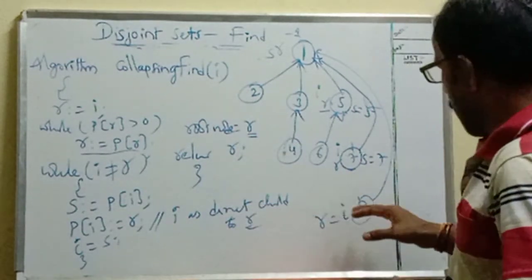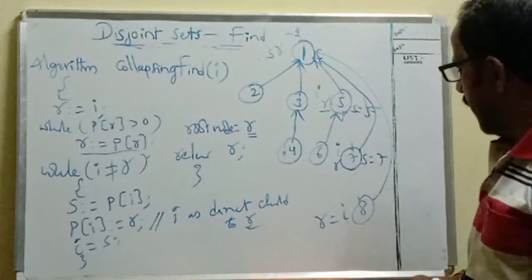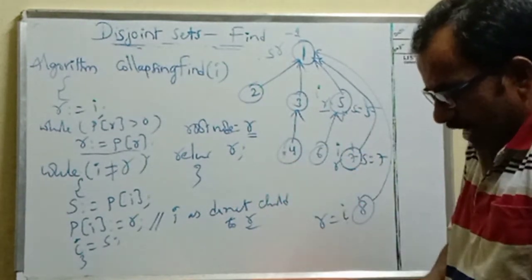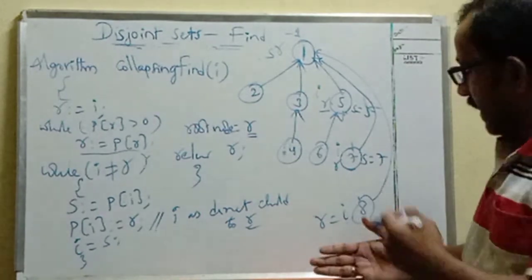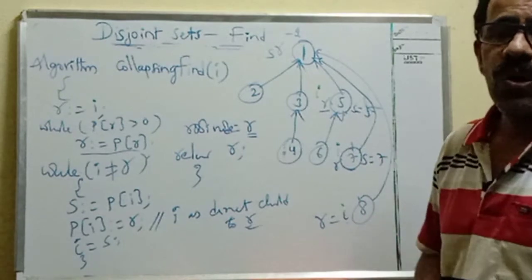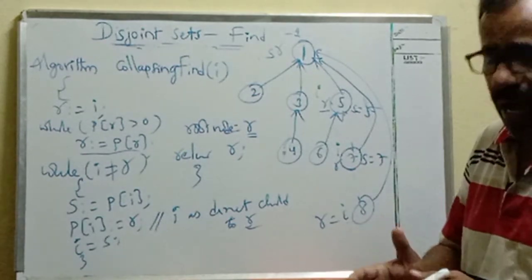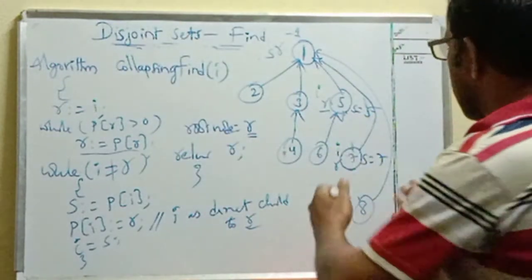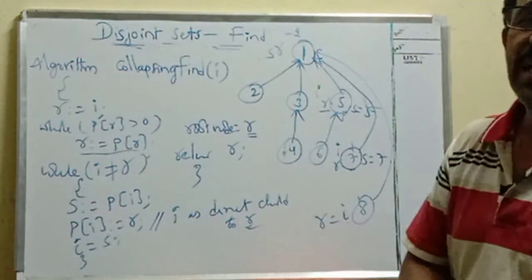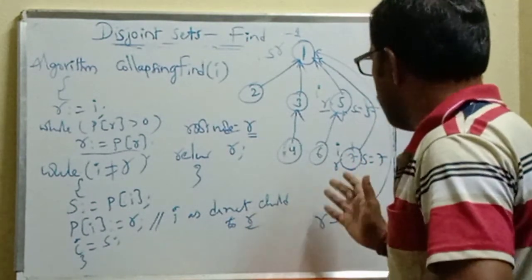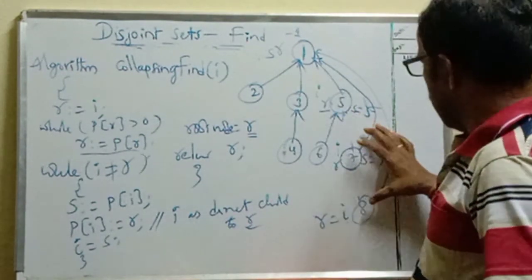So in this way, we can break all the edges between root node and all the remaining nodes in the searching node path, and we are simply breaking or removing the edges, and we are directly connecting all the edges in that particular path between selected node and root node, and we can attach all these nodes as immediate children of the root node. So like this we can break all the edges, and we can directly attach like this.